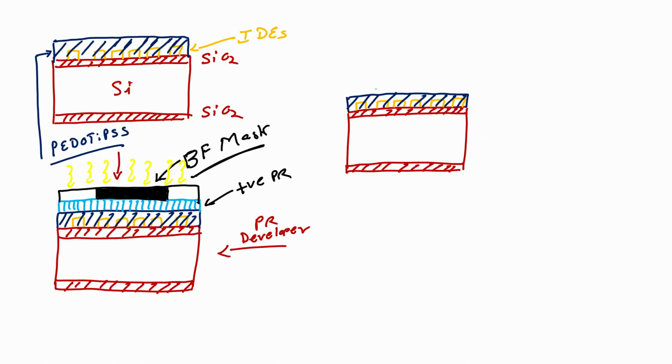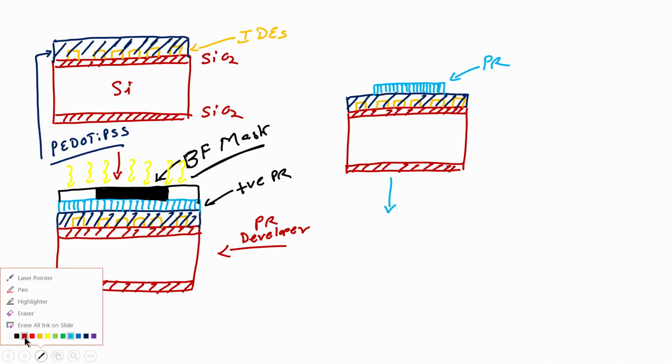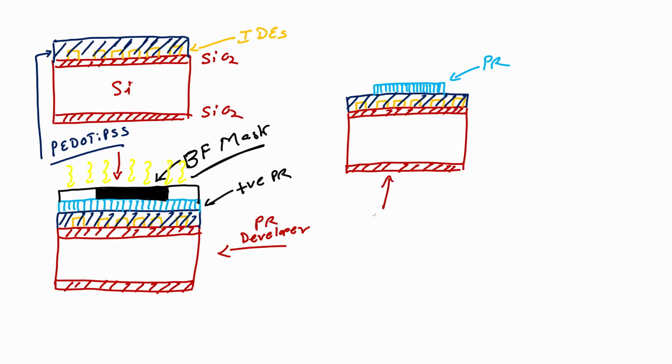So, I will have photoresist only in this area, right. So, this is my photoresist. What is the next step? Next step is that I will dip this wafer in